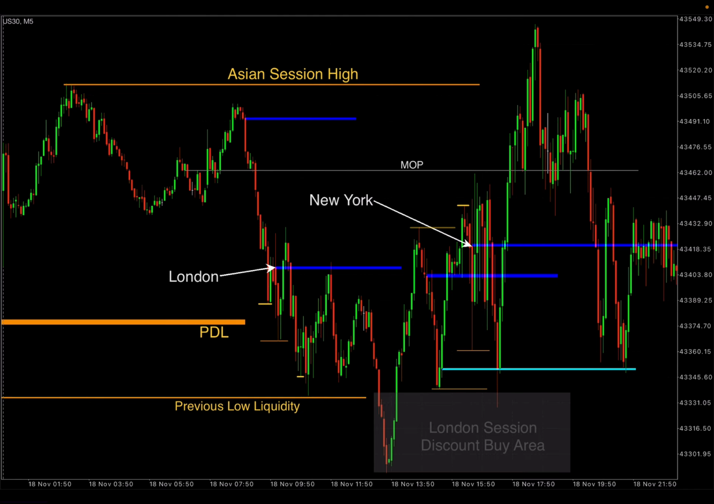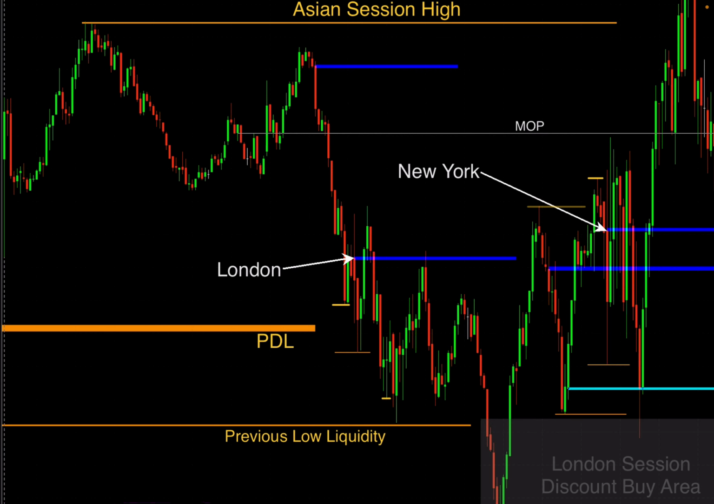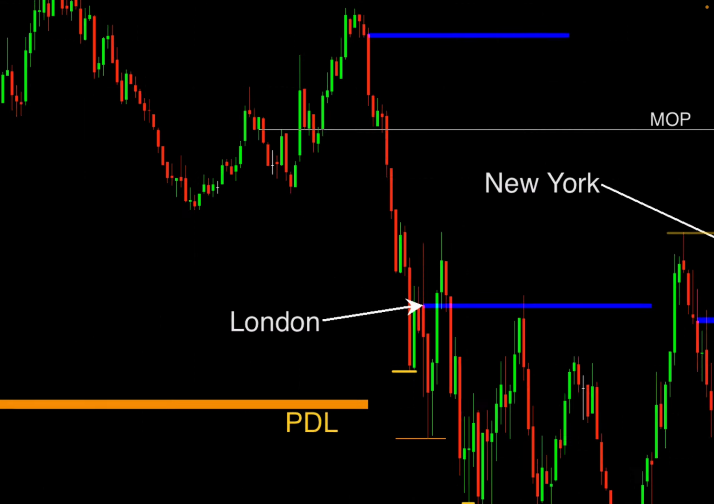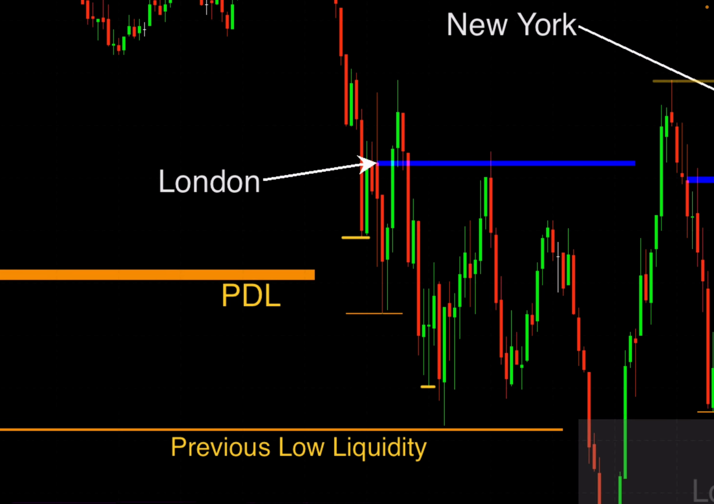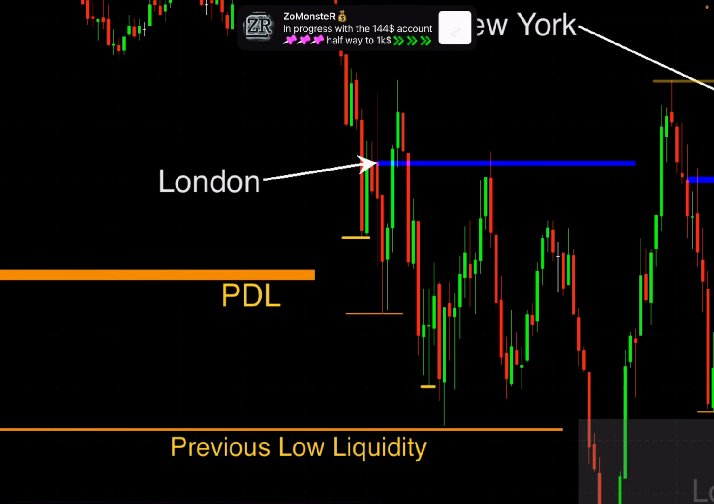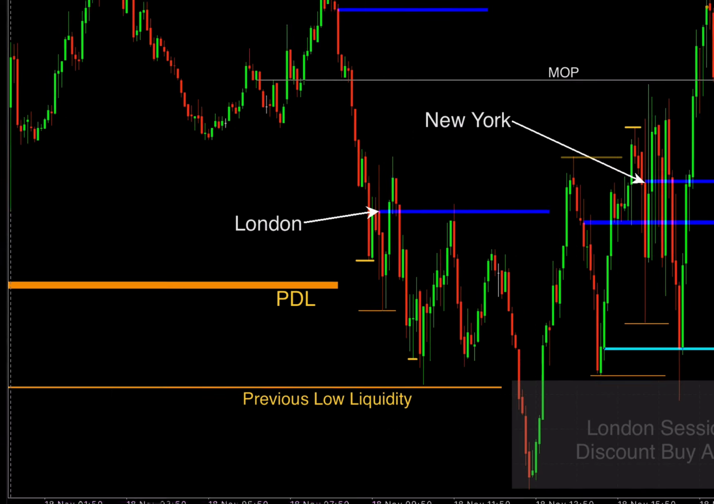18th of November, focus on the London opening once again. So the MOPs up here, you got the pre-London up here, then it pushes all the way down for the London opening there. So here, London opening takes place. You'd be looking for a move towards the upside, and that's because